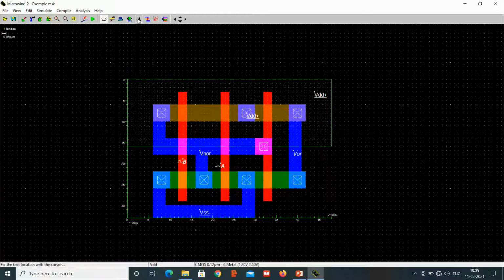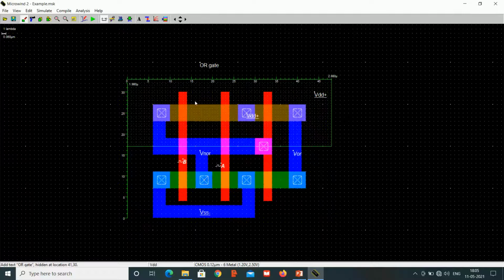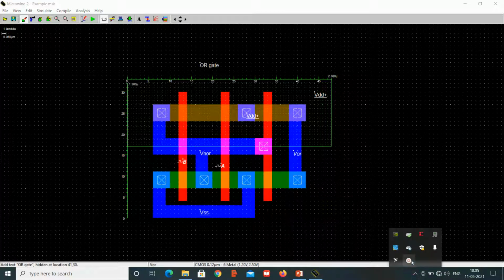So for that, click on add text to layout and give it as OR gate. Then give assign. This is our OR gate, which is non-inverting. So first we have designed this NOR gate, which is an inverting gate, and then we connected this to this inverter in series. So our OR gate layout is done in Microwind at layout.